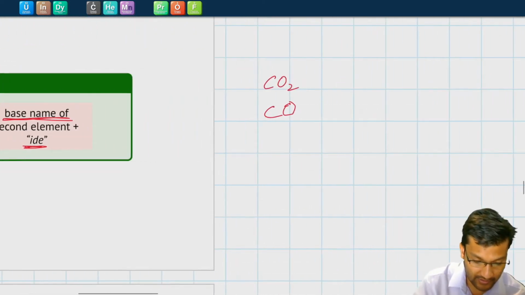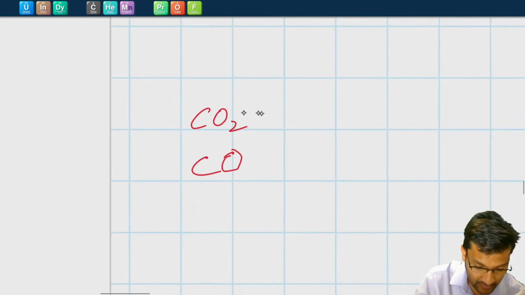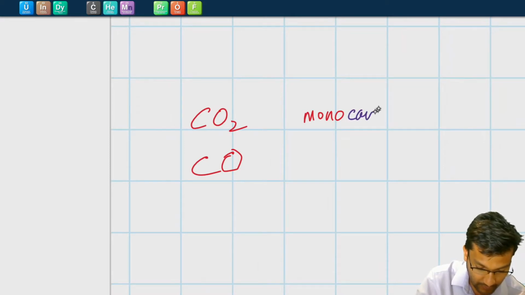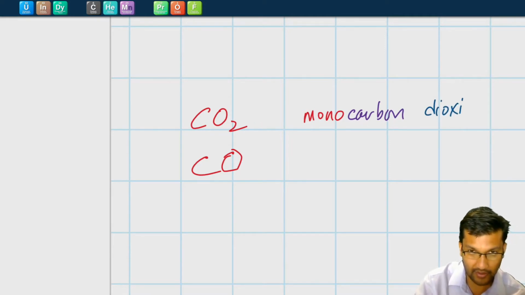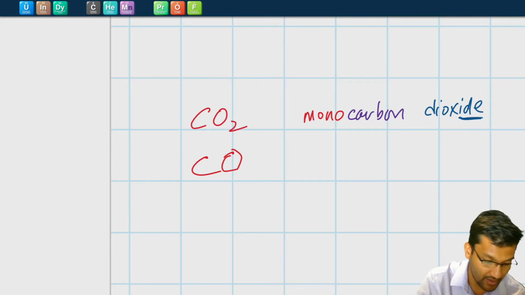So let's look at these. Number of carbon, 1, so it's mono. So monocarbon. Number of oxygen, 2, so it's di. And it's oxygen, so oxy. And we end in IDE, so oxide. Right? We must end in IDE. Here,